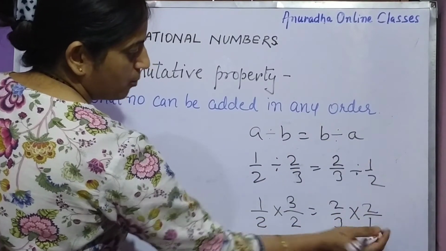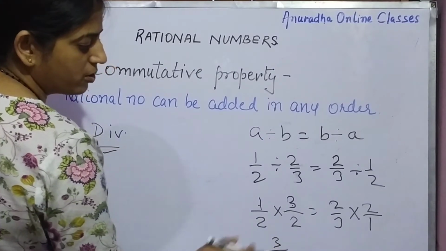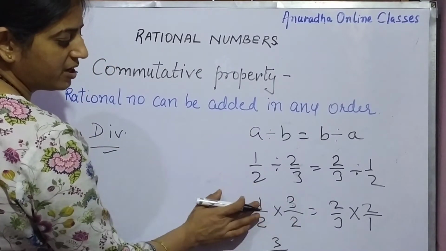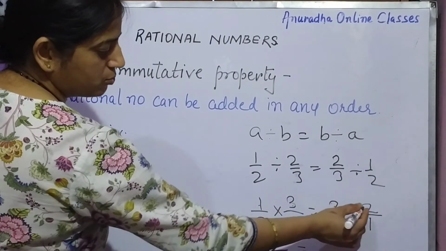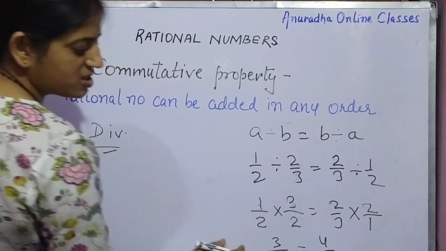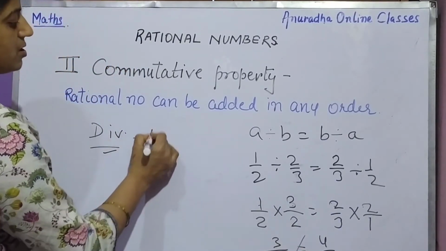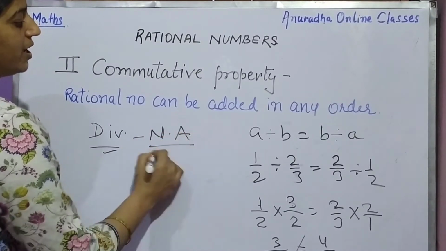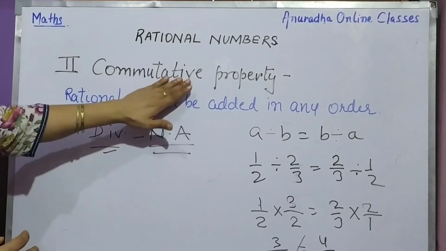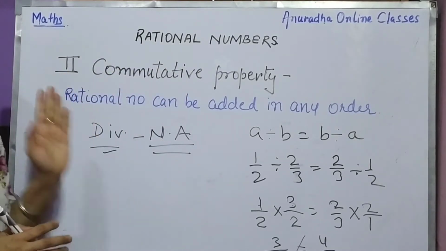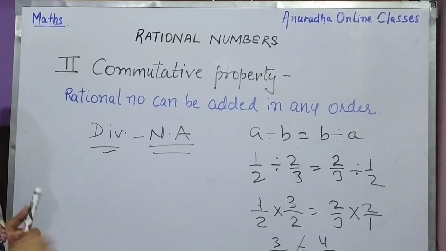This is 2/1. Now see, 3 1s are 3 and 2 2s are 4. कट नहीं रहा ना कुछ भी, तो आप multiply करेंगे. 1 3s are 3 and 2 2s are 4. That is equal to 4/3. Are these two numbers equal? No. That means it is not applicable in case of division of rational numbers. Commutative property is not applicable for division of two rational numbers. So children, I think this second property is clear to you.